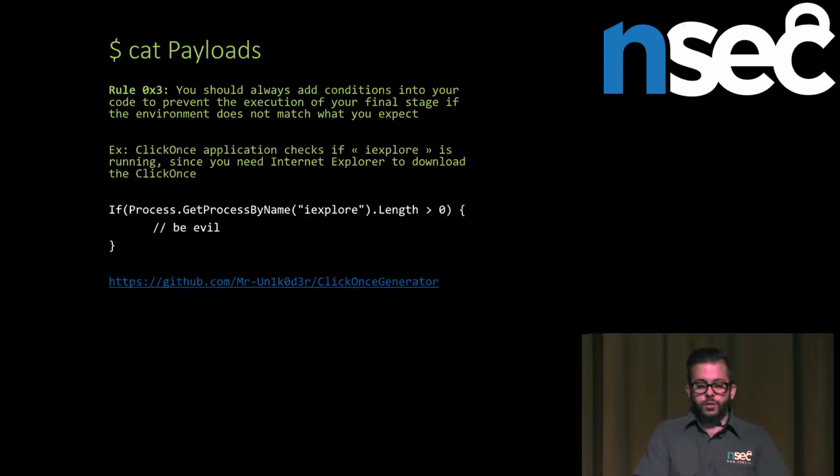Again, I have a tool called ClickOnce Generator that allows you to generate those fancy, heavily obfuscated ClickOnce things, and you have all the options to specify which kind of process you want to look for. Another one that is really interesting to look for is Outlook. Obviously, if you know for a fact that you're using the fat client, so if someone's actually reading your email and Outlook is not open, again, it sounds a bit shady to me.